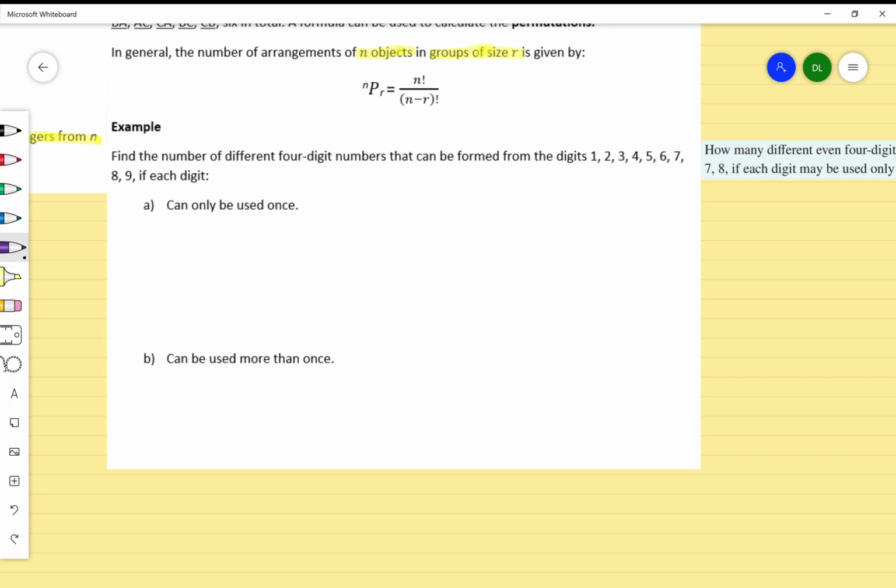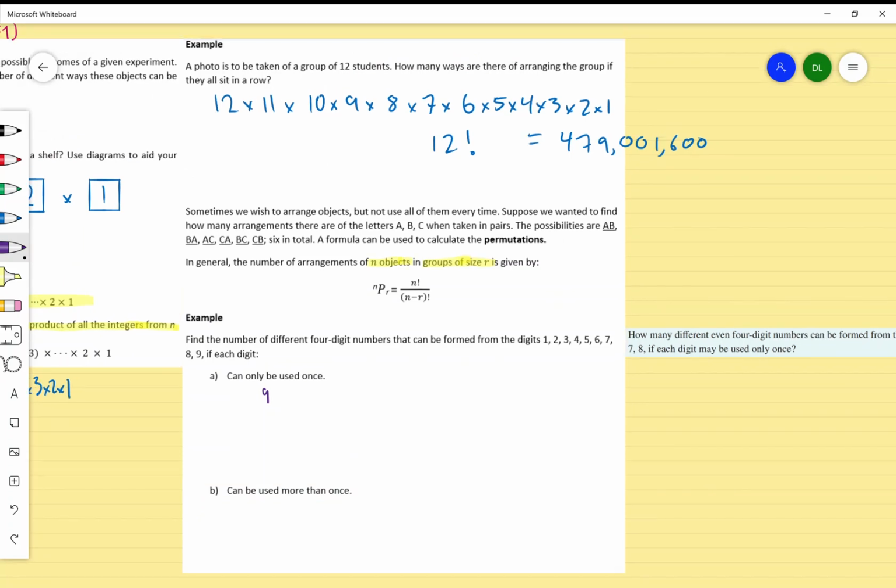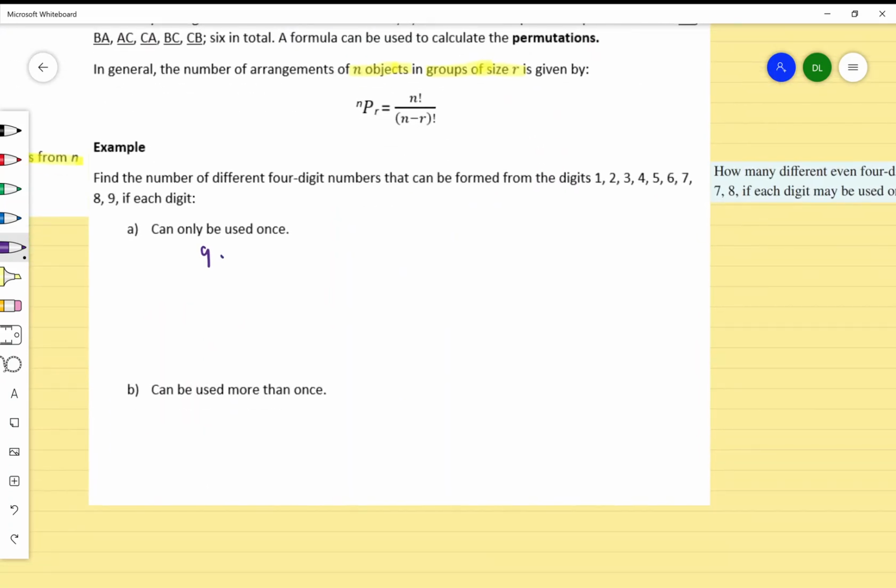Now, we could ignore the permutation formula and just go ahead and try and solve this by saying, okay, there's 9 digits that are possible in the first one. There's 8 digits. Oh, my apologies. There's 8 digits possible in the second spot, 7 and 6, which gives us an answer of 3024. That is a possible option, but